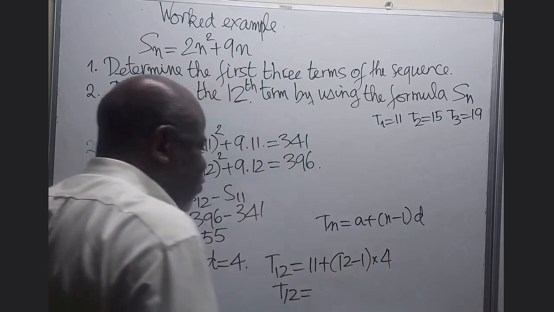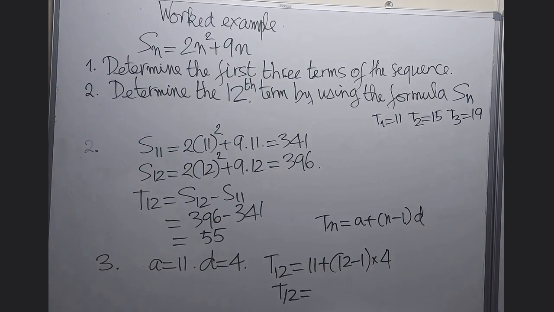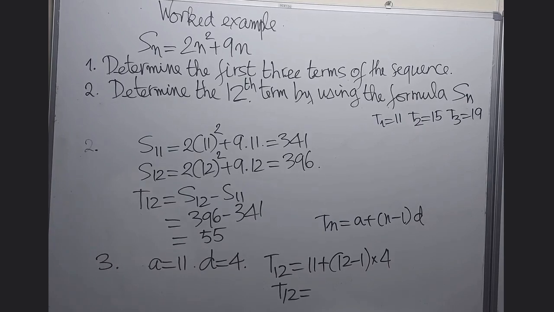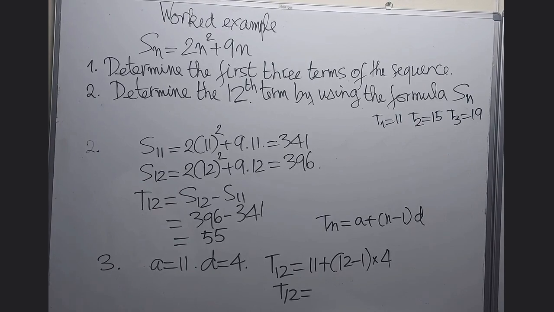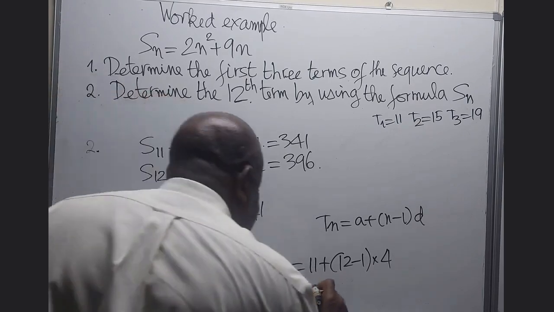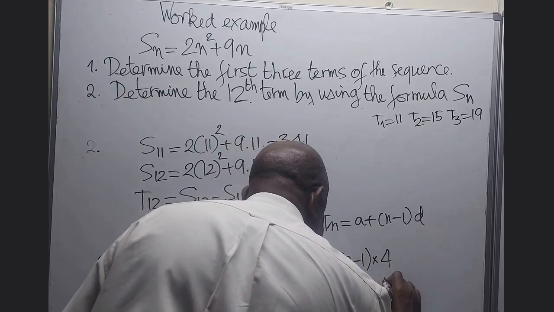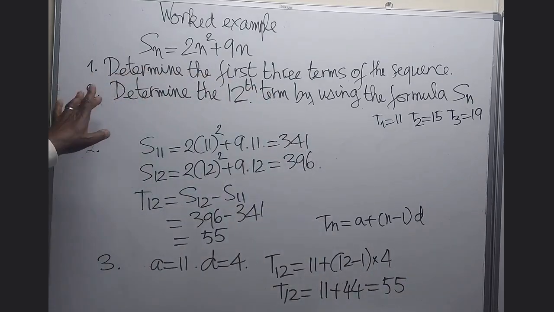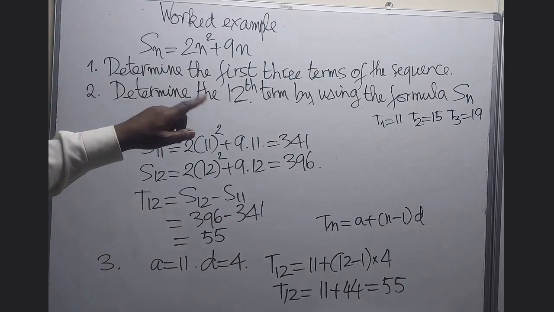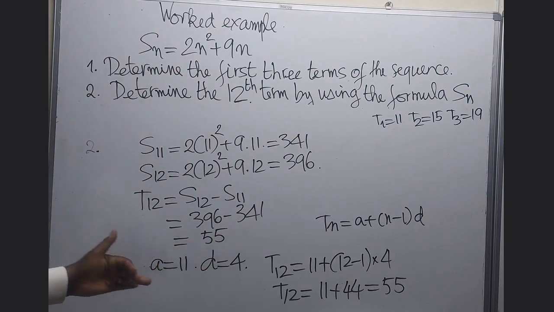T12 will be equal to, let's use the calculator, 11 plus 11 times 4, and then we get 55. As we can see, here is 11 plus 44, then we're getting 55. As you can see, for the second question, using the formula for the sum, we got T12 is equal to 55, and using